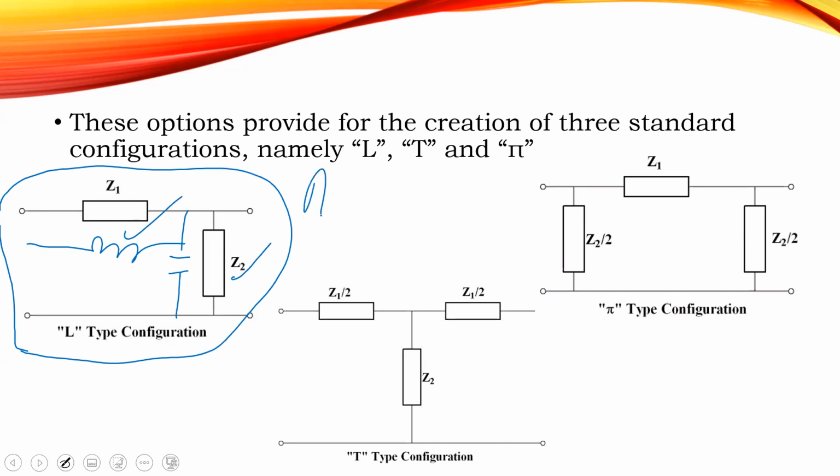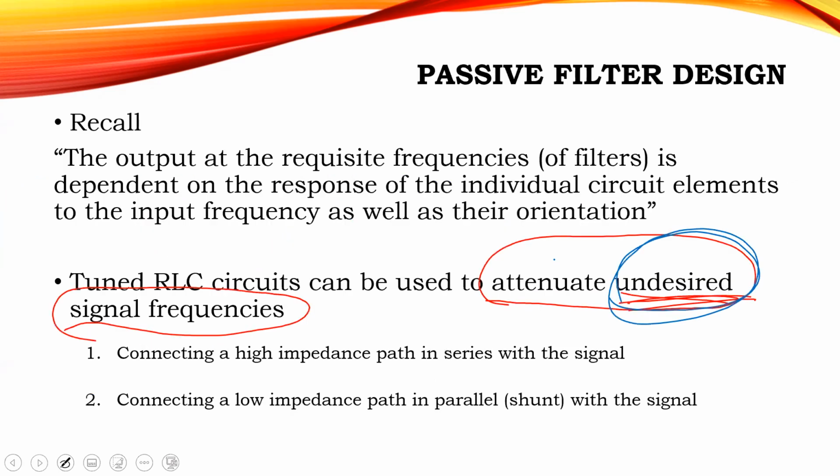If I'm going from AC to DC, the unwanted signals will be high frequency. Yes? So these are the undesired frequencies that I have in the input. So what I want would be a low frequency or low pass filter. That's what I'm building. Now the principle we just presented was that we connect a high impedance path in series. Now what I'm trying to attenuate would be the high frequencies. And for higher frequencies,